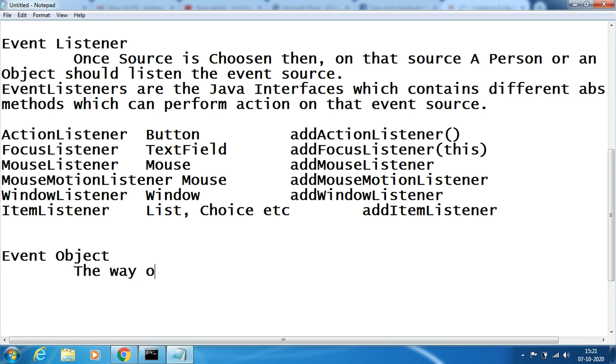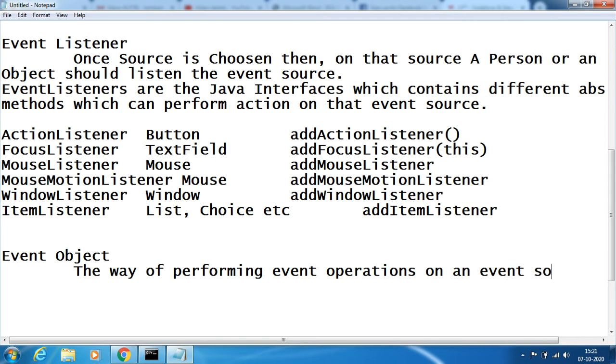The way of performing event operations on an event source is nothing but event object.